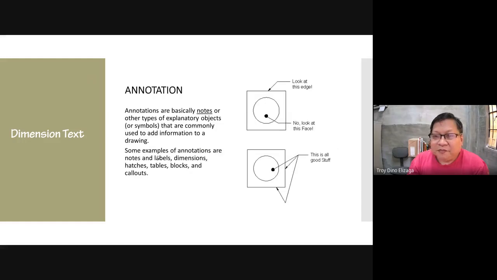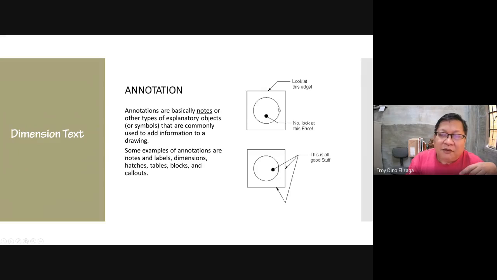Let's see here. Annotation simply means notes, okay? Basically notes, or other types of explanatory objects or symbols that are commonly used to add information to a drawing. For example, here, you wanted to tell the one reading your drawing to look at this edge. So that's a text, that's not a dimension. So it's pointing there.